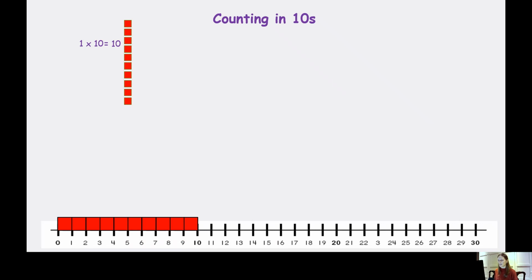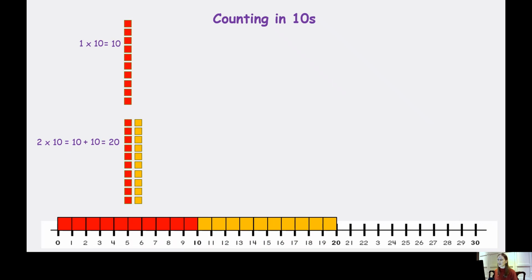to 10. The second number in my 10 times table is formed by working out the answer to 2 times 10. And 2 times 10 means two lots of 10. So that's 10, add another 10, two lots of 10 added together, which makes 20 altogether. And if I put my second lot of 10 onto my number line, you can see there that I've got